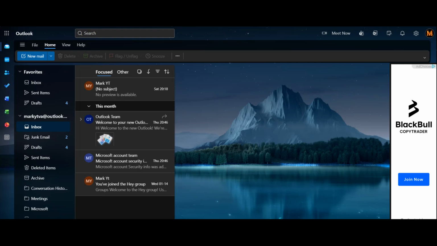In today's video, I'm going to show you how to refresh Outlook. Whether you're waiting for an important email to arrive or you've just made changes and want to see them update immediately, knowing how to refresh Outlook is essential. This works for both the web version and the desktop app, and I'll show you the quickest methods to get